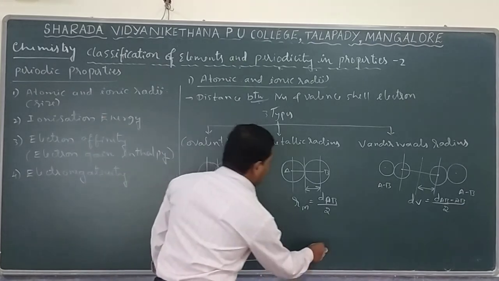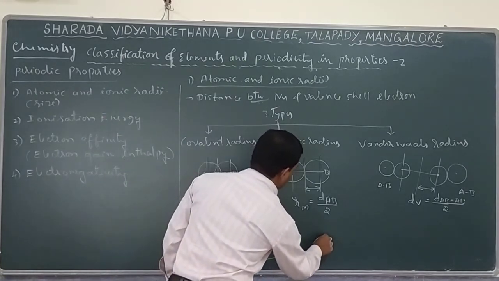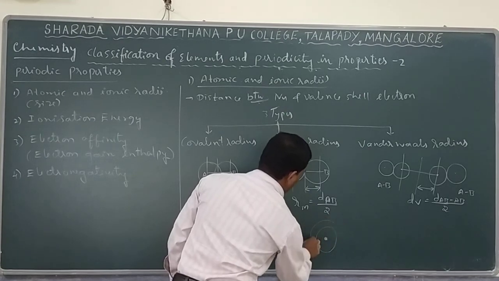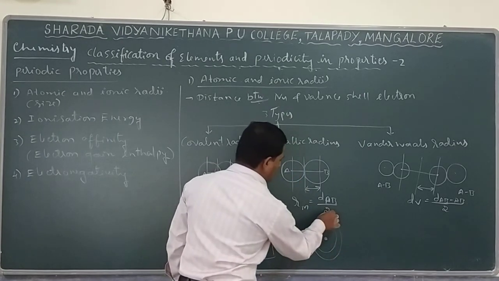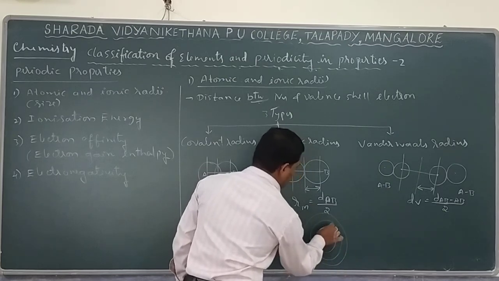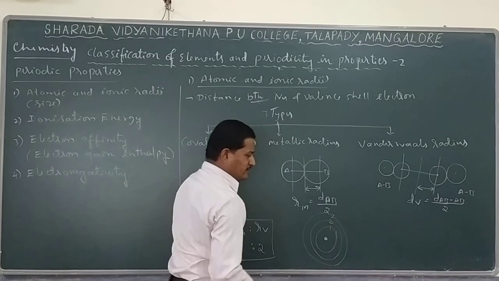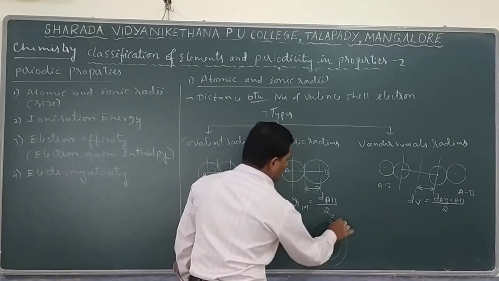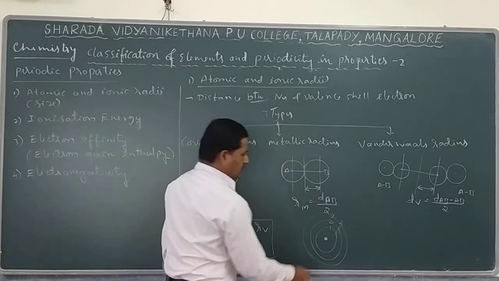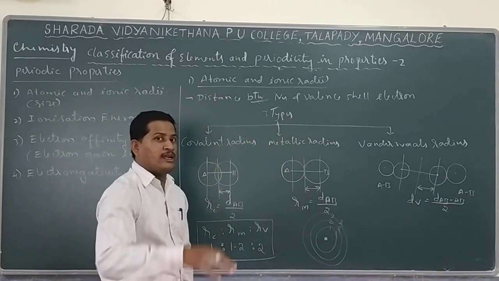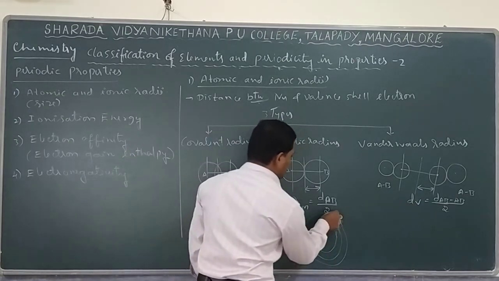Okay, we have an atom. An atom is normally represented with the nucleus present at the center and electrons revolving around the nucleus according to Bohr's atomic model. Here it is observed that different shells are there, first, second shell. Let us say the first shell has electrons, the second shell also has electrons, the third shell also has electrons. Now tell me whether the first shell is the valence shell or the third shell is the valence shell. The ultimate shell is the valence shell. This is the valence shell.